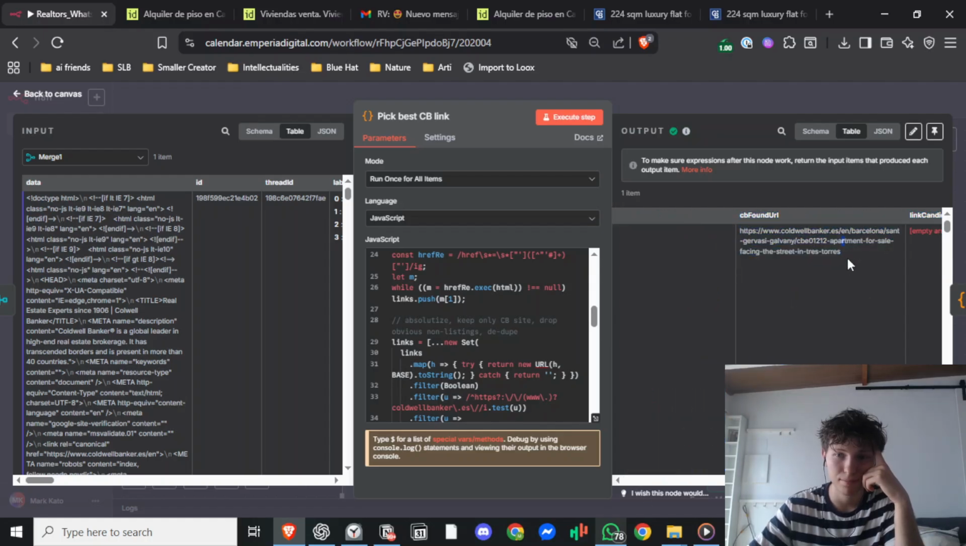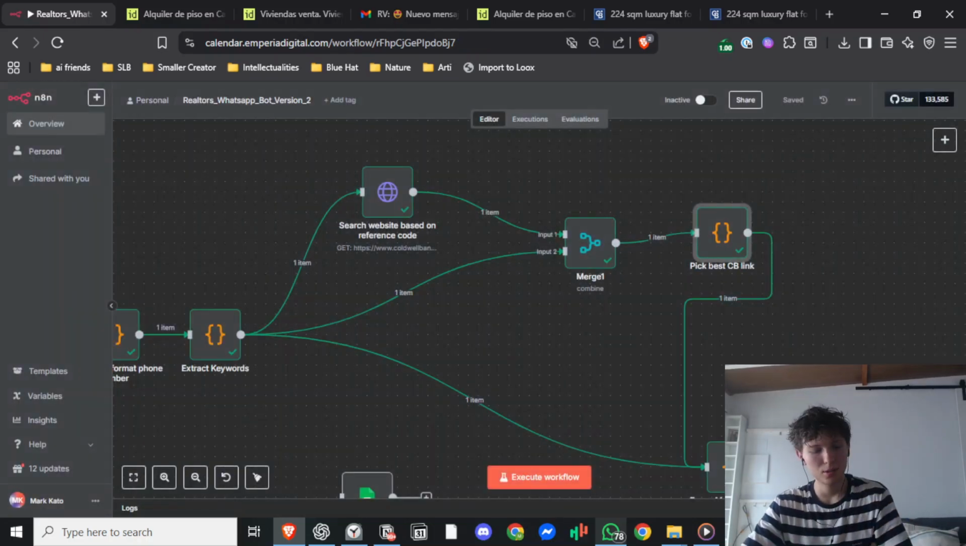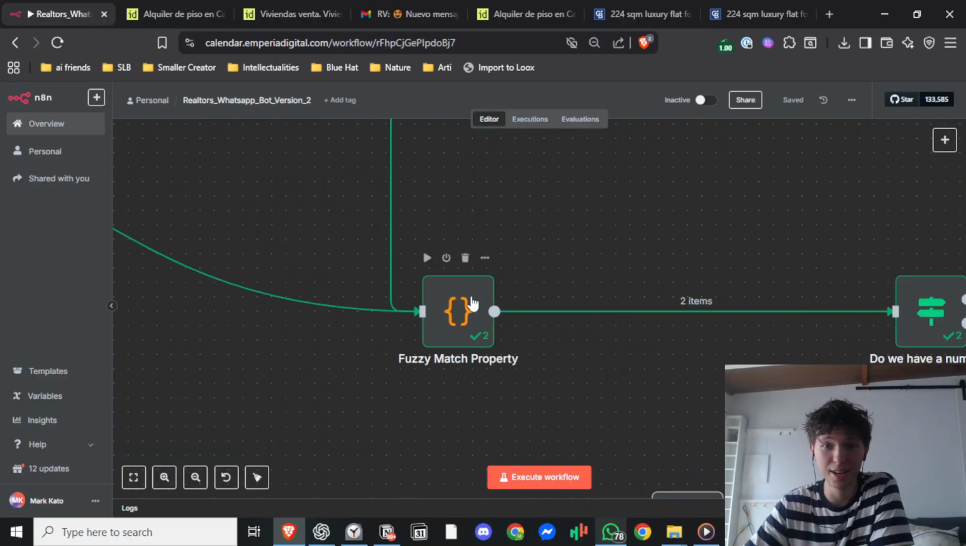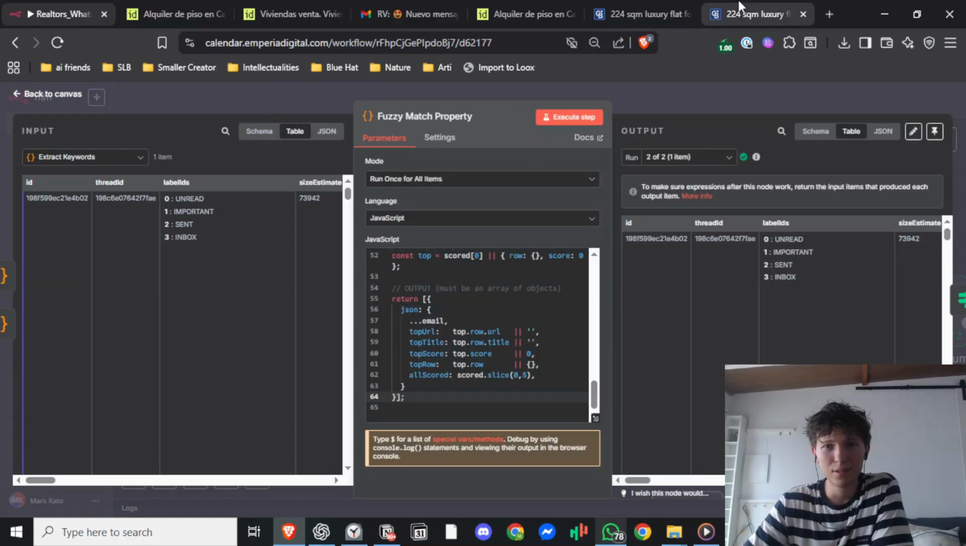Right there. Takes the CB found URL. I have no idea what CB means, but I don't need to. I just follow the instructions I found on the internet. Yeah, it's probably Coldwell Bankers, is it? Okay. Then I do know what it means. In any case,